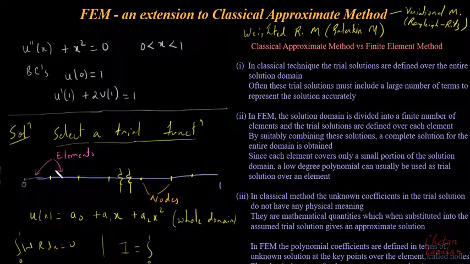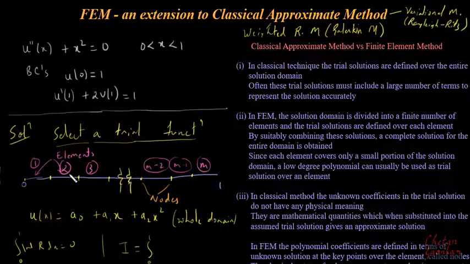If I want to number these elements, I will call this 1, this 2, this 3. Let me call this the mth element. This will be the m minus 1th element, this the m minus 2 element, and so on. So we have a total number of elements as m,